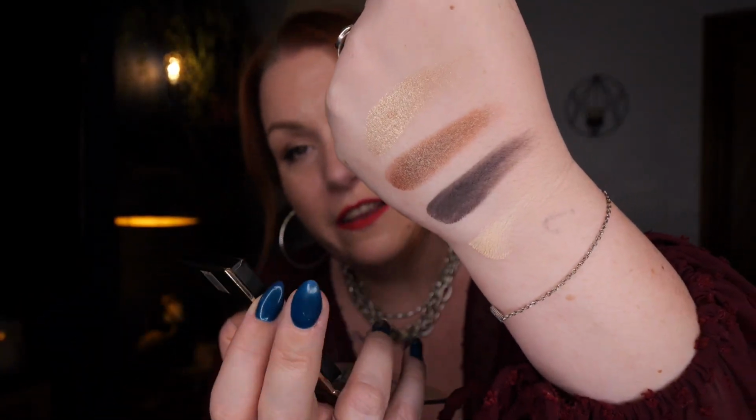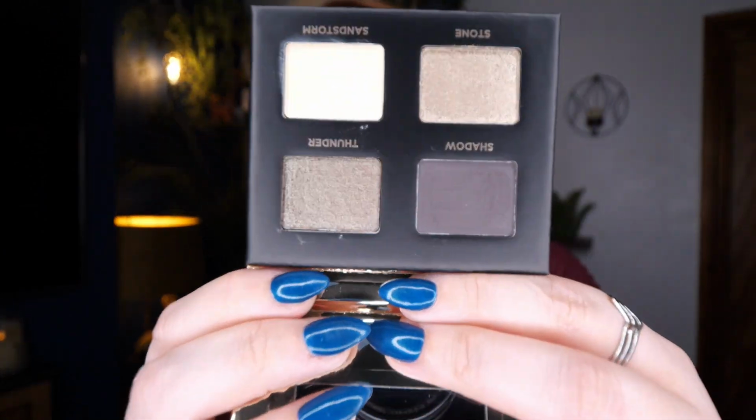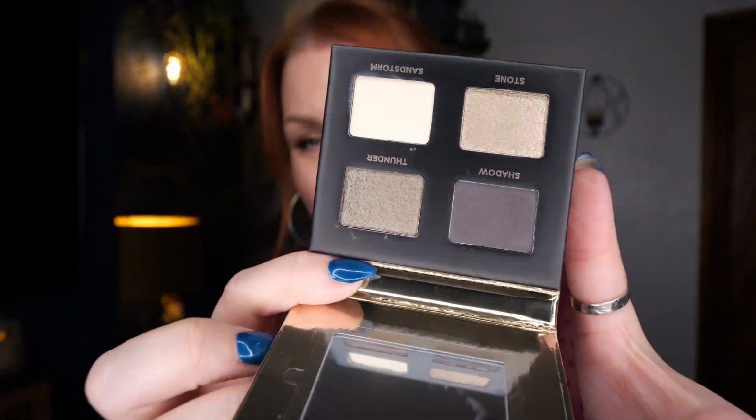I do love a grey smoky look, but the fact that this has got a little bit of warmth in it, I really like it and I think it would suit me a lot better. So yeah, really impressed with that palette. I think that's beautiful. Next we've got Drunk Elephant, and this is a TLC Framboos Glycolic Night Serum with AHA,